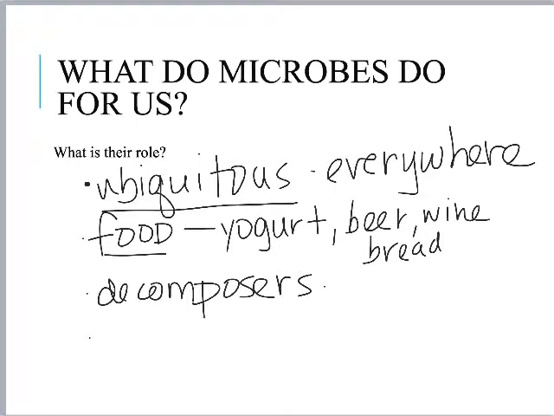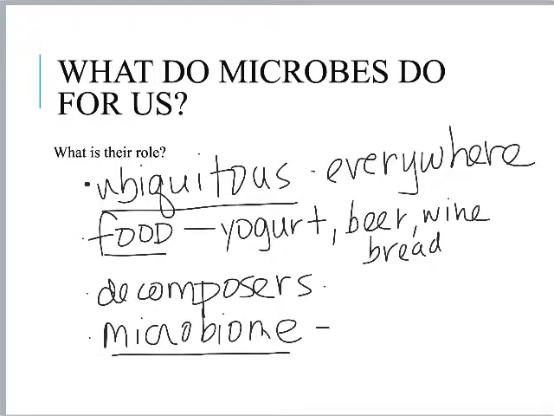One thing we talked about was the microbiome, and I'll post a link to some things about the microbiome. The microbiome is the collective group of organisms that are found in and on our body, and each person has a distinct microbiome. They're everywhere, and even though you're going to be a nurse and you're thinking that microorganisms are bad because they cause disease, there are a lot of good microorganisms. They do both good things and bad things.